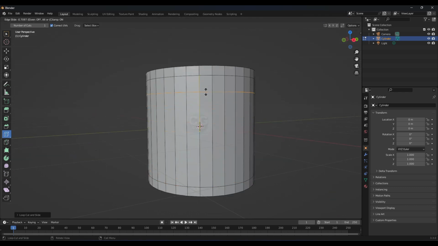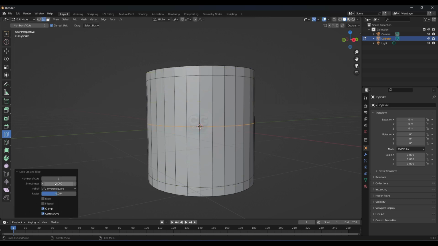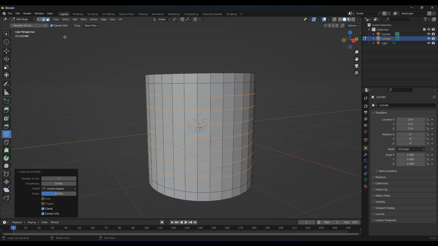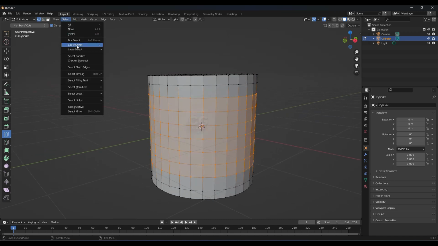So here I'm just placing this loop cut over here, and you have to just click over here and increase the loop division just by clicking. Okay. Now you have to click over vertex mode and then select a vertex